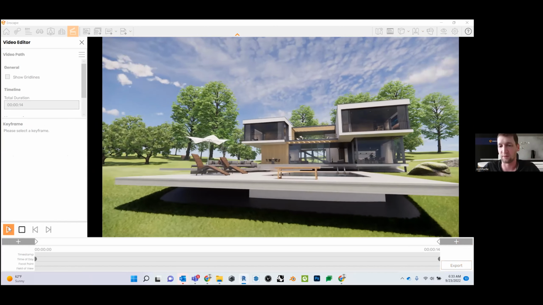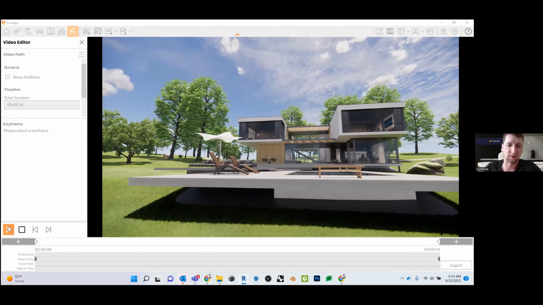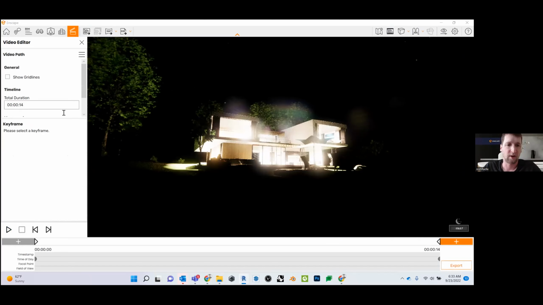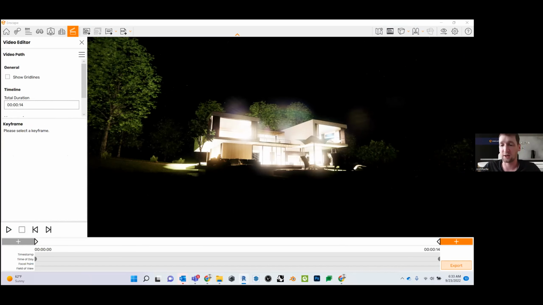There we go. So it's going to just go from 7 a.m. to 7 p.m. here. We'll start to go to nighttime mode. Perfect. And if I like this and I'm ready to export it, all I have to do is go to